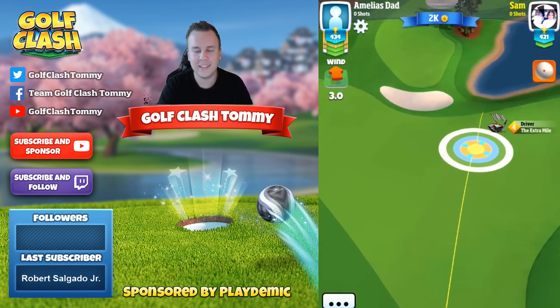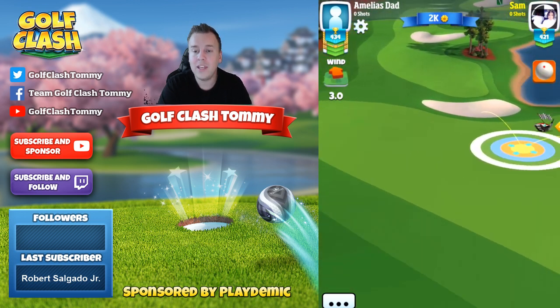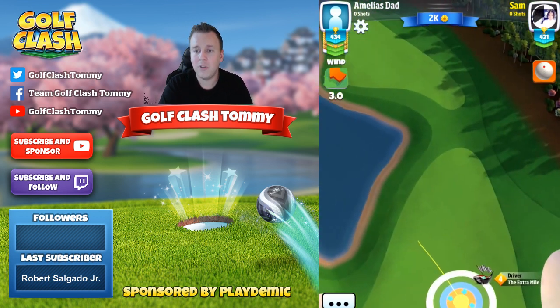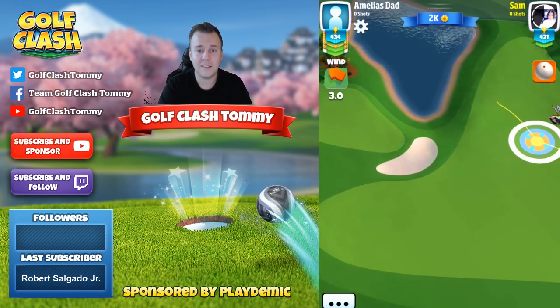So last but not least, we do have hole number 9. And hole number 9, I'm going to show you an approach with the big topper. That will give you, I would actually say, an easy eagle on an otherwise very tough par 5 to make an eagle on as a general